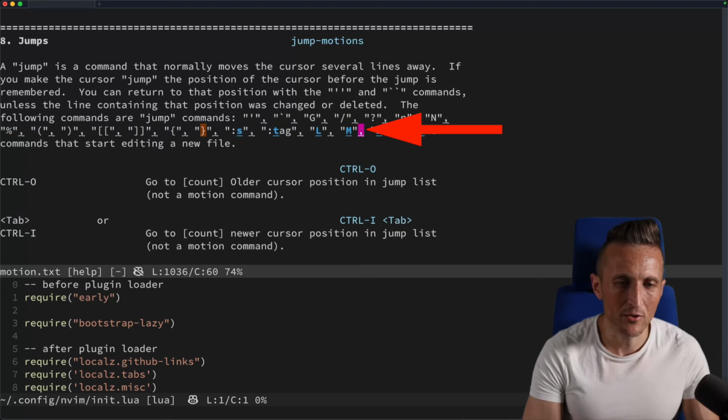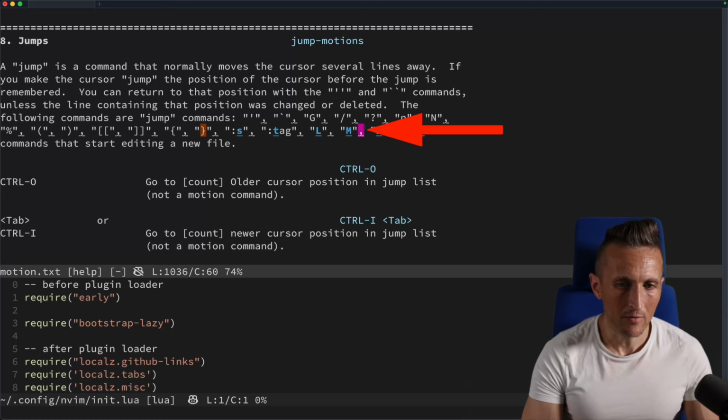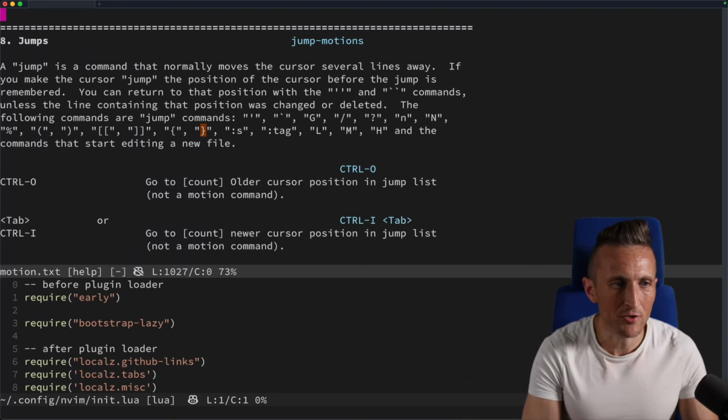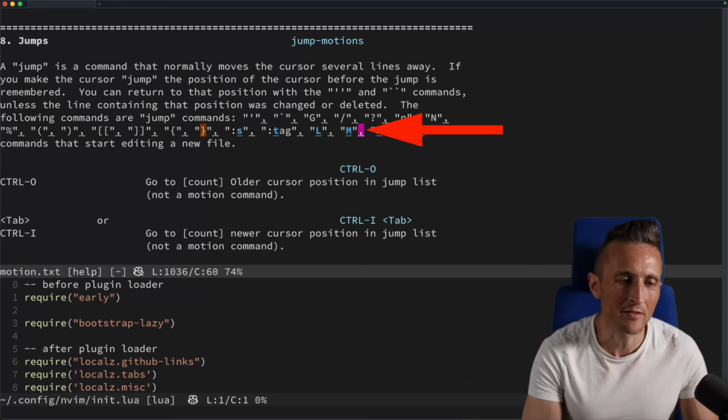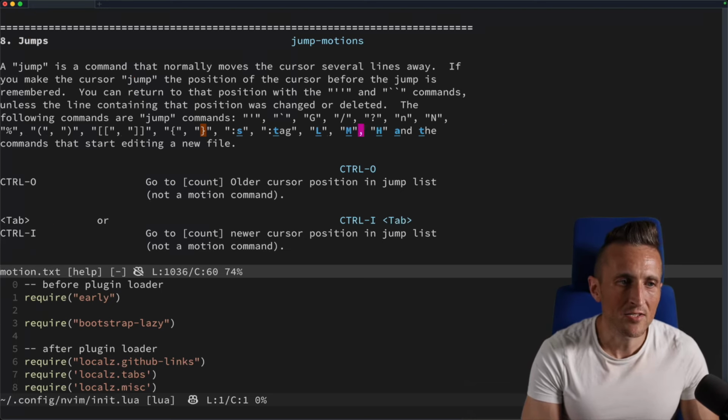So if I do capital L here, that jumps me down to the bottom. The cursor's down in the lower left. Capital M will put me in the middle, and then capital H puts me up on the top in the upper left there. And so now if I do Ctrl+O here, you can see I jump down to the middle, jump down to the bottom. If I do Ctrl+I, I move forward now. So when you invoke commands that track the jump position, they're added to the jump list,